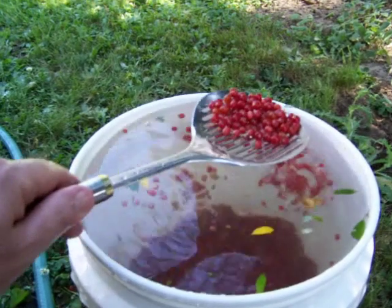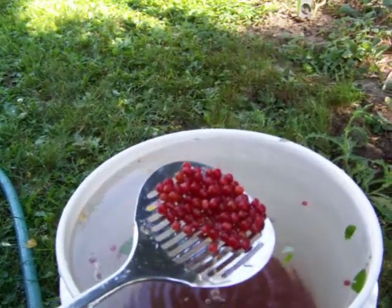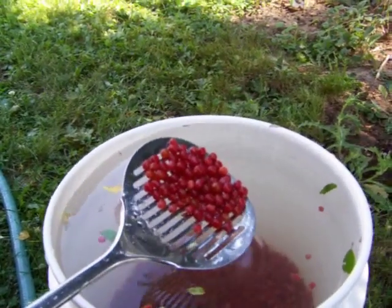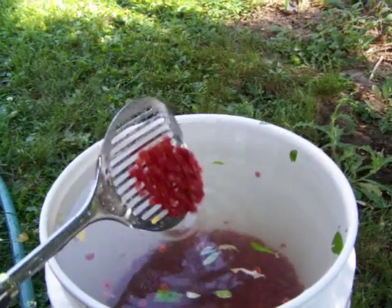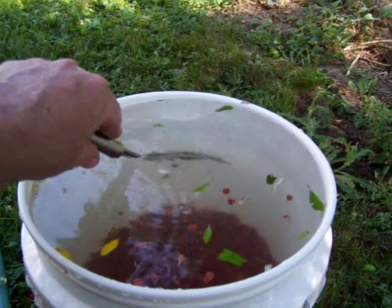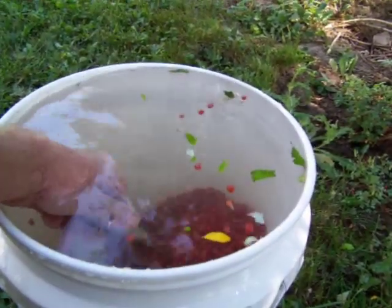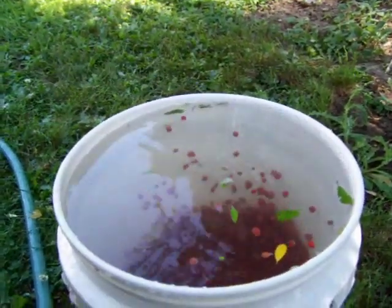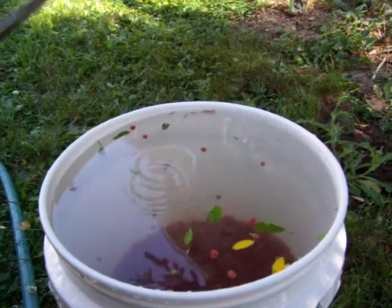I'm just gonna scoop them out and take them in and probably give them another good rinse off and just check them over for any leftover bugs or sticks or anything, and I'm gonna put them through my strainer and get all the juice out of them, and I might make some juice or something, but I figured I'd show you that. I put them on a big screen I have and